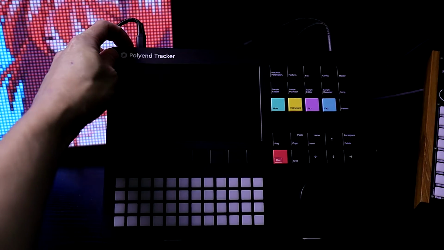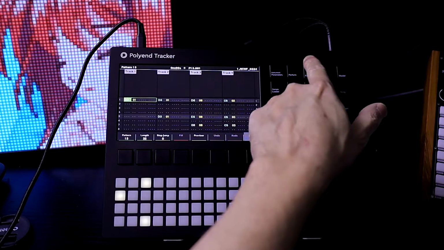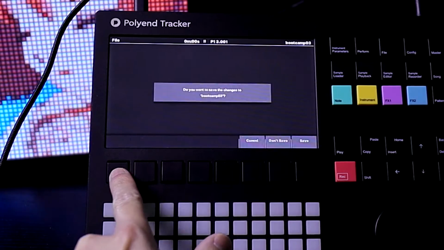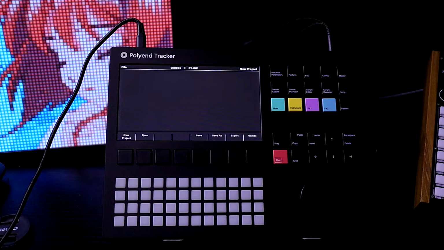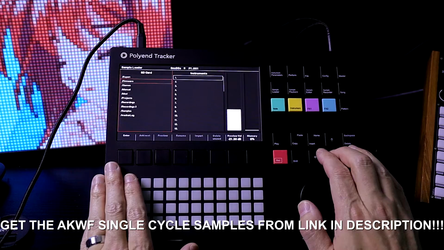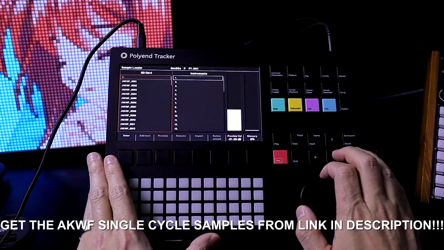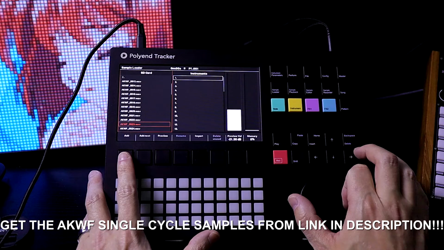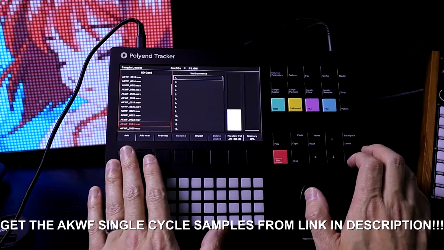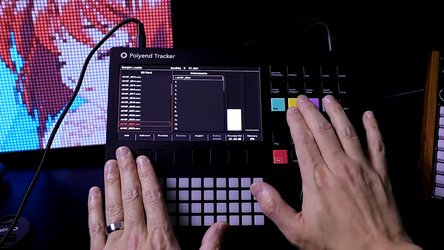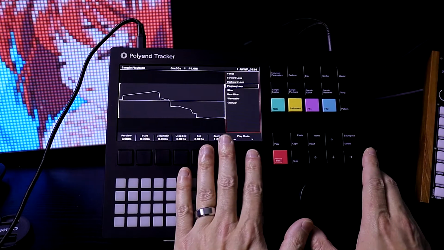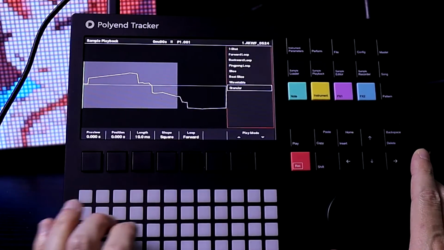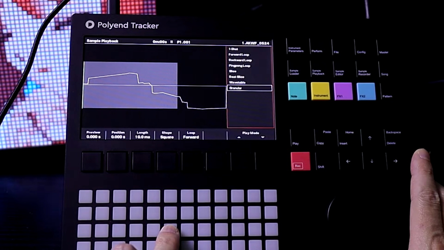Let's turn it on. We're going to press File, New Project. If you want to save the project that's already there, just press Save. So now what we're going to do is go back and load in from the waveforms. Just going to choose any one of these waveforms. We're going to choose Add. Now we're going to go to Playback. Now this time we're going to go all the way down to Granular. So if we press a pad here,